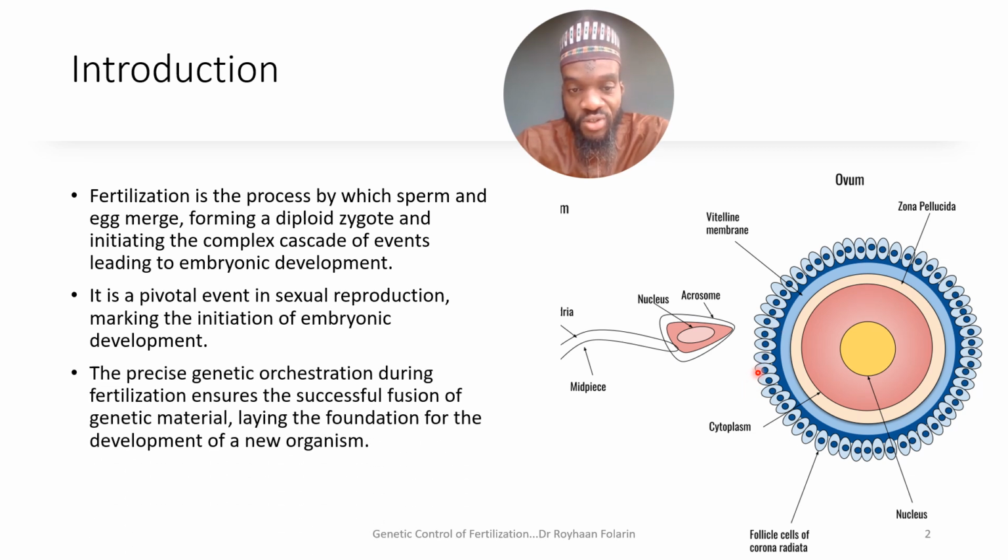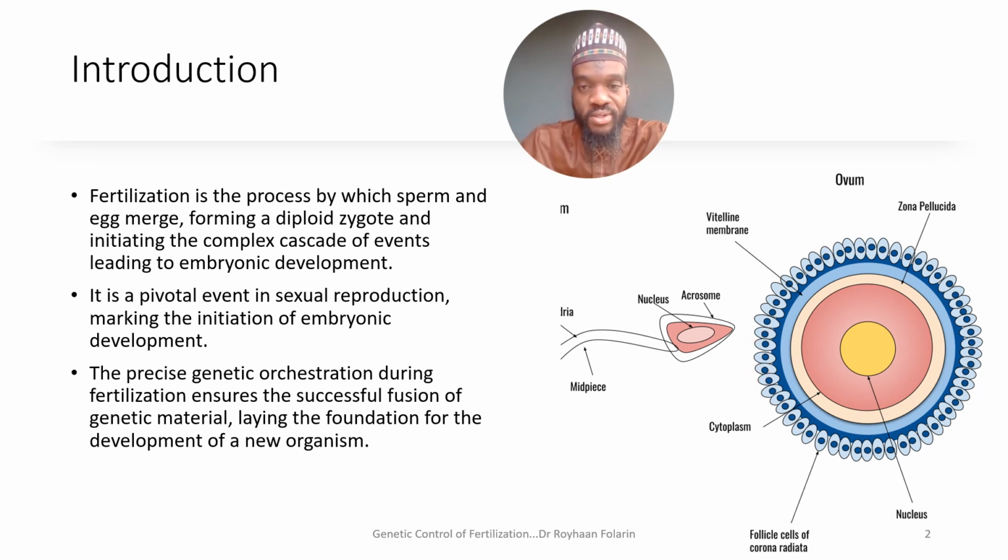That's fertilization. And the precise genetic orchestration during this fertilization helps to ensure that there is successful fusion between both gametes, that the genetic materials are well merged, and thus laying the foundation for the development